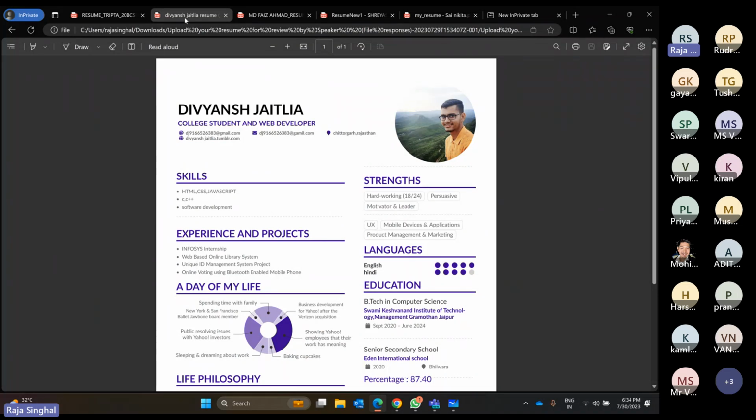Otherwise, nobody will pick your resume because they already have tons of resumes which have the DSA profile in them. So you have to add something new or impressive, in an impressive way, to showcase your resume. Even if you have similar skills, your resume should be on point and look good. That is the main key point: if you or your friend have similar skills, but his resume is selected and you are left behind. So let's move to the next resume.